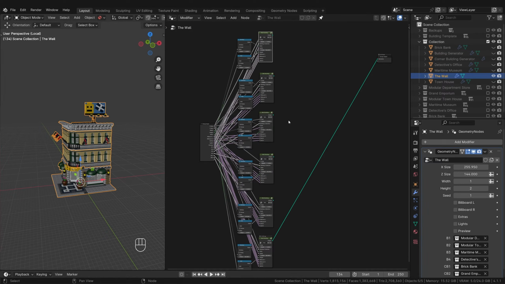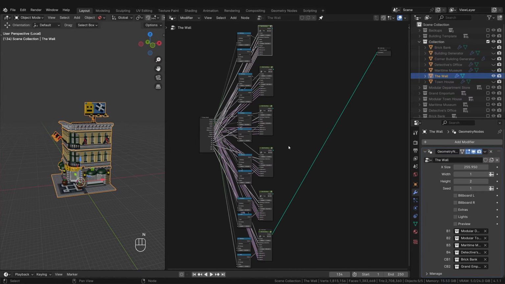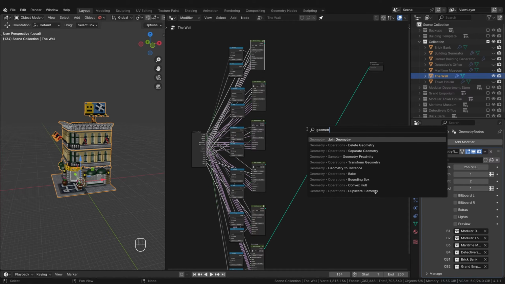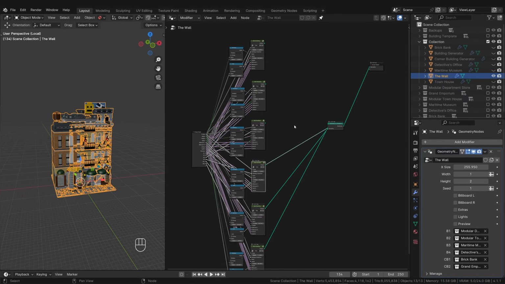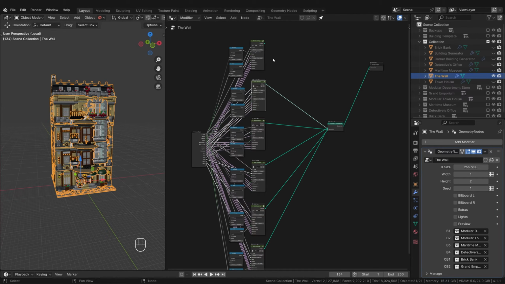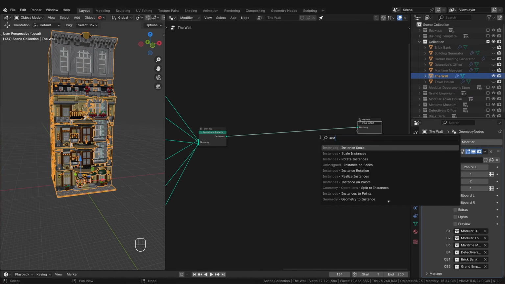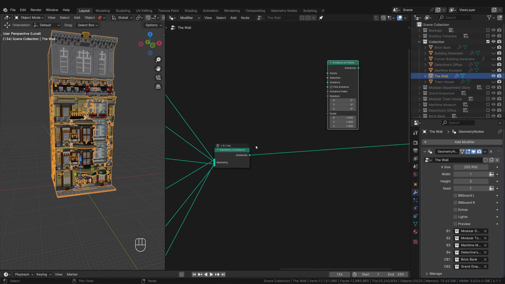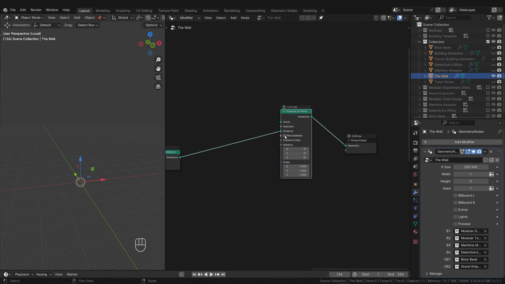For better organization, we can completely remove the Z-size input from the wall. We don't need it anymore. Now we can join all these groups together, not with a join geometry node as usual, but with a geometry to instance node. We don't want all the buildings to become one big mess, but we want to be able to make the individual buildings appear next to each other with an instance on points node. We connect instances to instances, the output to the group output, and we can activate pick instance.